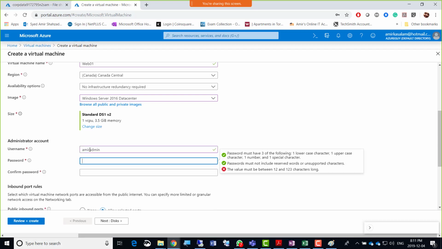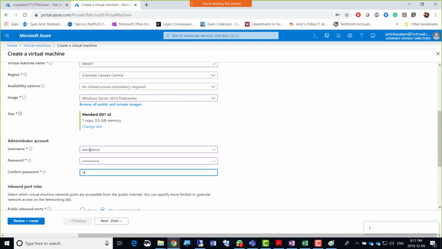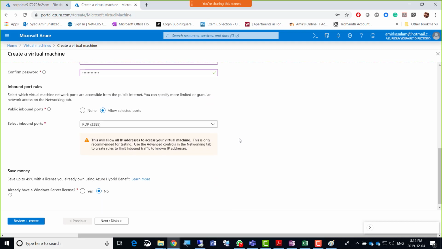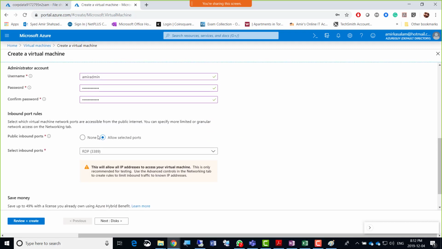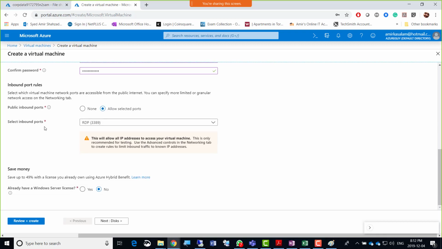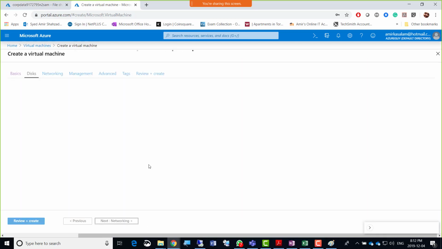I think we just need to attach the disk. We don't need to actually go inside and confirm that the disk is attached. And then, okay, so there's RDP here. We're going to remotely, well, actually, we will not go for RDP. So let's go to disk. This is the important area here to check.